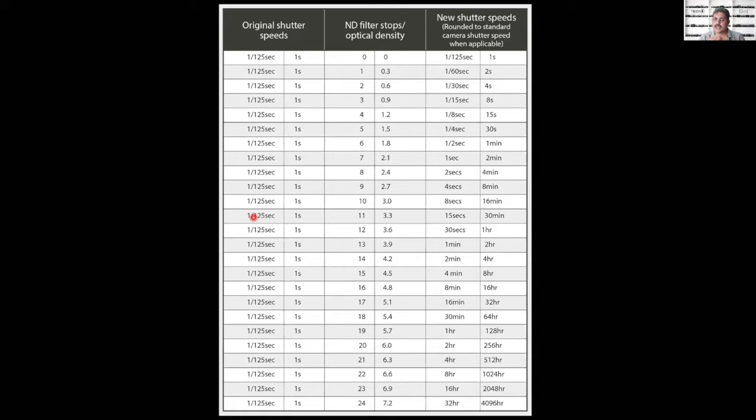Then you calculate the shutter speed. The meter in your camera itself will tell you what shutter speed is required. I have the whole chart made into two calculations: this is for low light and this is for good light. If in good light my camera says 1/125th of a second, when I add a filter of this particular density, what will be the shutter speed I get? This is a handy chart which initially I used to carry as a paper. Now I put it on a mobile phone.